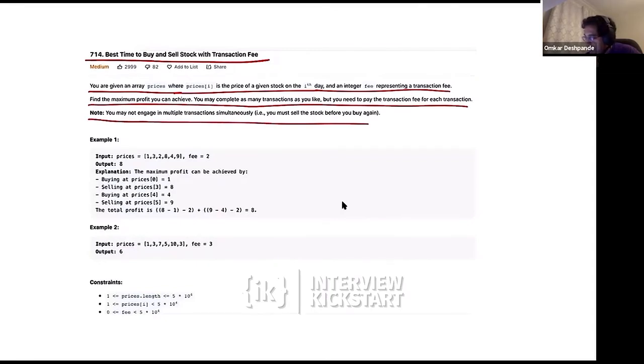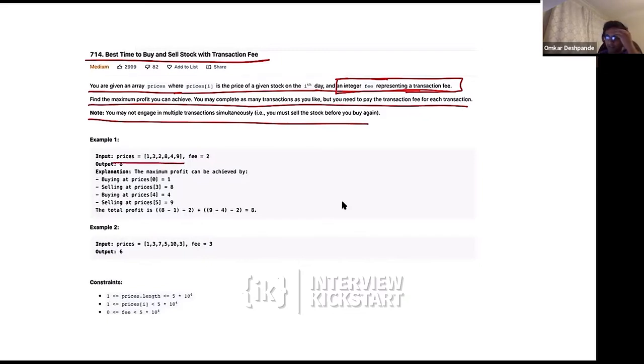The constraint is that there's no cooldown period now, but every transaction has a fee associated with it. The fee is actually paid at the time of selling only. So even though they say a transaction fee, you might think that every time I buy I would have to pay it, and every time I sell I would have to pay it. It's not like that. A transaction is basically a buy-sell interval. So